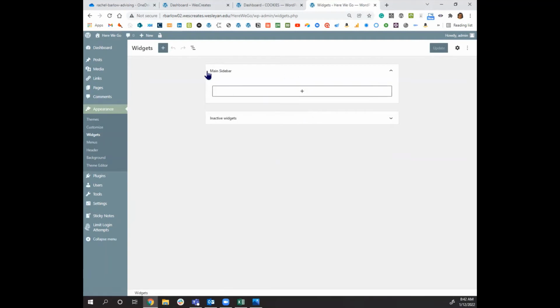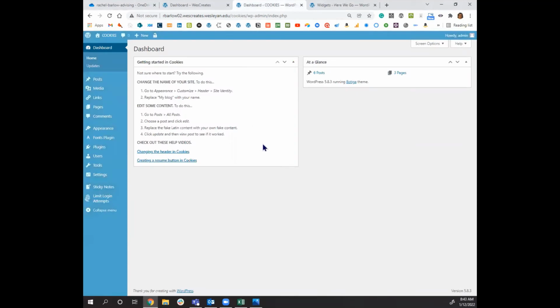And what we're seeing is we're only seeing the main sidebar here. That's it. There's nothing about a footer as being a place where I can put a widget. So chances are in Here We Go, there's no footer option. In contrast, let's go to Cookies. And here, if I go to Appearance and again go to Widgets,